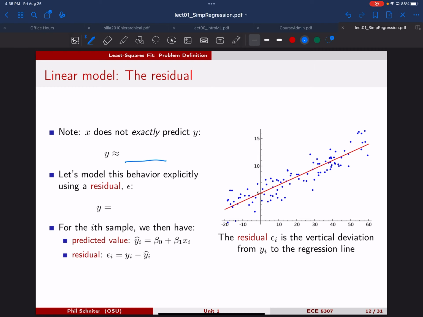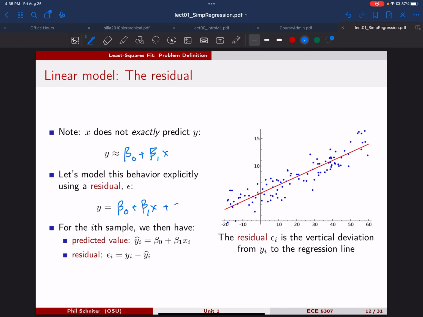How did we write y is approximately equal to other stuff? Exactly, thank you. So that's our model. There's that approximate sign, meaning this is an approximate model. But the approximations are vague, so let's be more explicit. Let's write this with an equal sign,